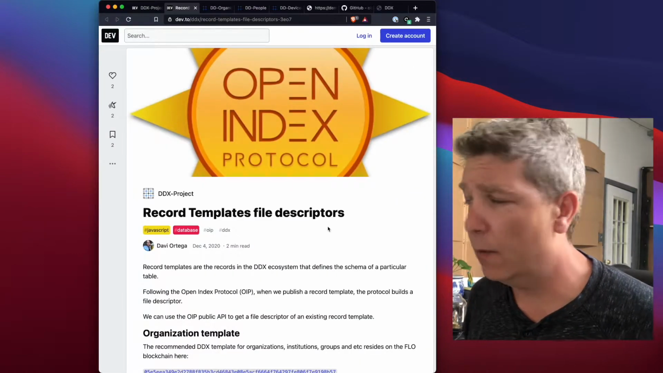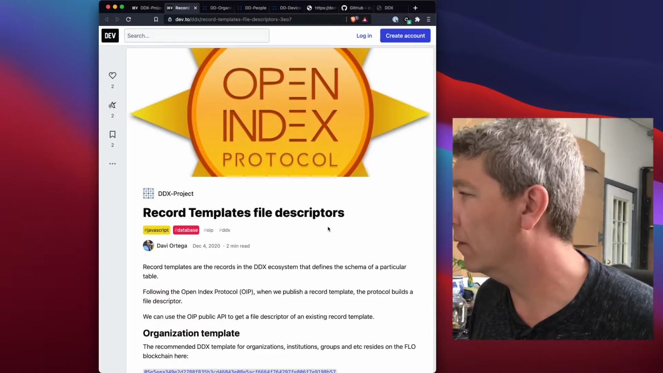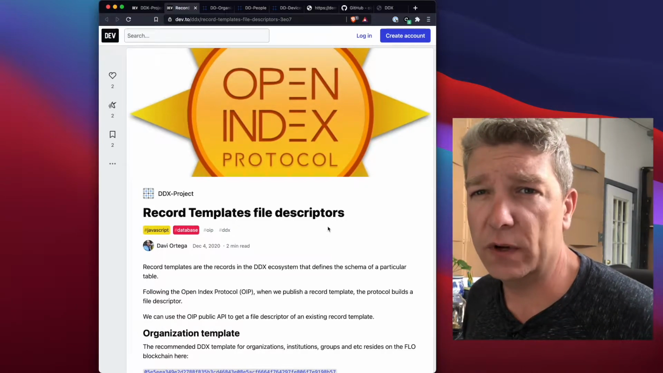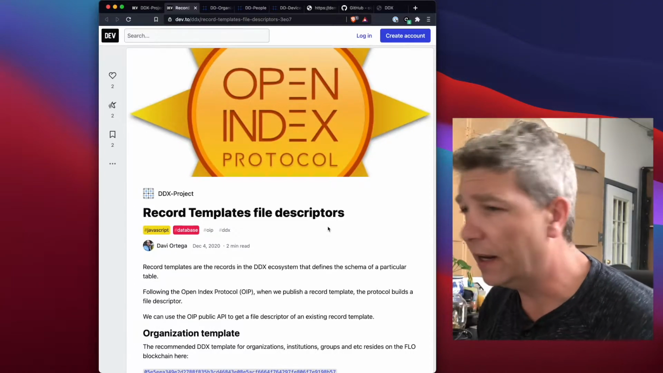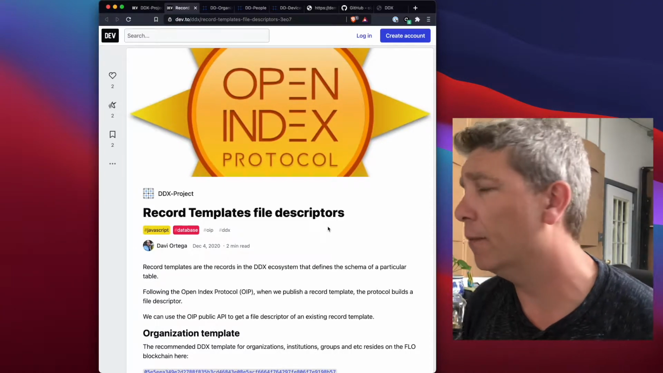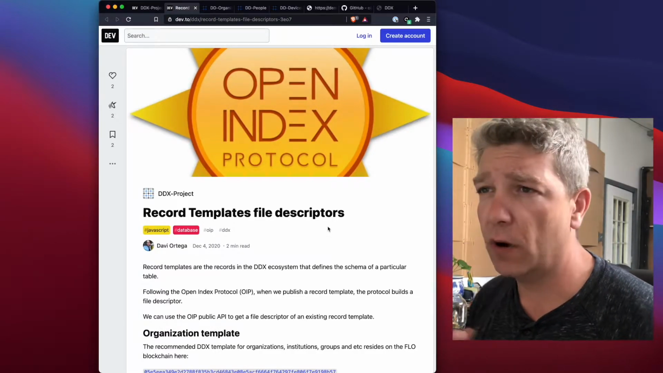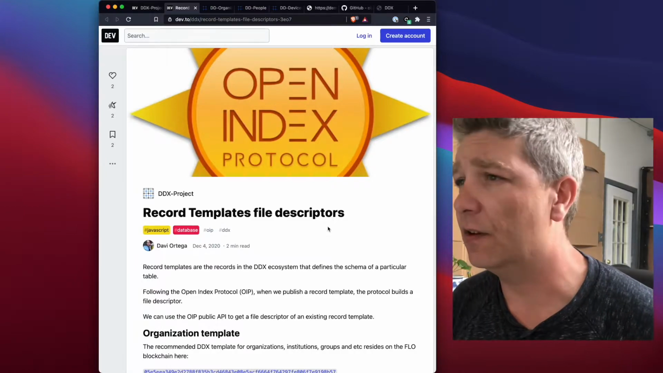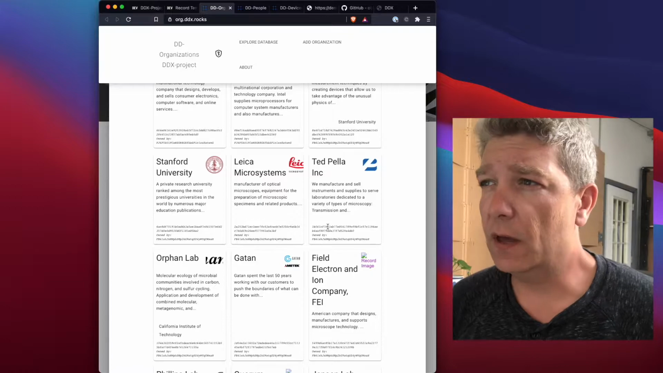kind of how record templates work and how OIP and DDX handle records and record templates, so that there's as little redundancy in the blockchain as possible, as much interlinked data as possible, and how things are organized can actually be up to each individual company. So that's pretty cool. So here's a few of those sample